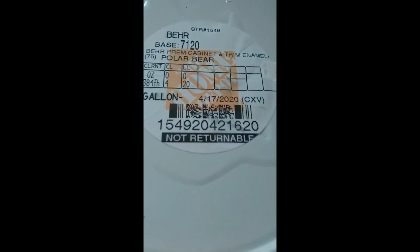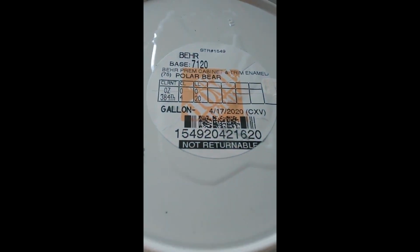It's Behr Premium Cabinet and Trim Enamel. This color was Polar Bear. And it was about, actually, here's the receipt right here. It was pretty